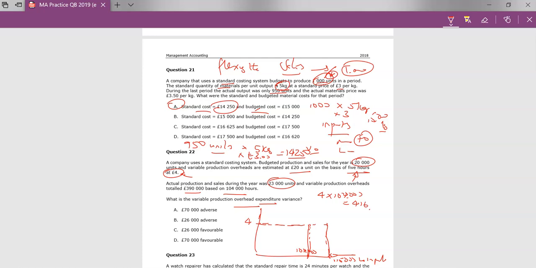Sorry, it's expenditure. So what with expenditure? You used 1,000 hours. If I'm looking at volume, I will come here and analyze this. But this question is asking about expenditure. So you've gone in and you've brought in 104 hours, no problem. And the question here is, I'm interested in how much you spent on it. So you've spent, it tells us 390, and I could calculate how much you spent per hour by dividing the 390 by 104 if I want to. I don't have to. Divided by 104,000